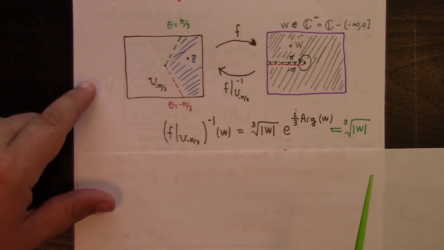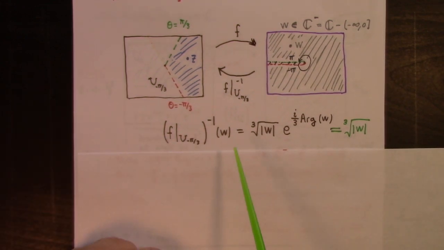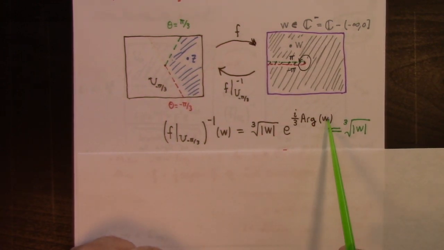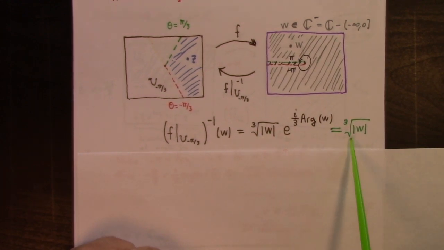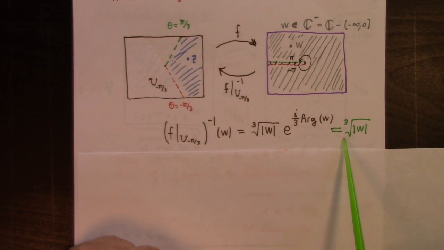Here's the formula for the inverse function of the cube function with respect to this restriction. We take the cube root of the modulus, we take e to the principal argument of w over 3. And this is so important it has a name. This has a privileged notation. We say that this is the